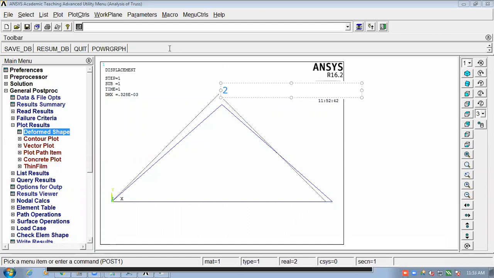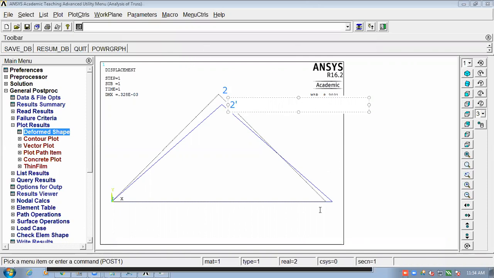Now node 2 got shifted here. Can you see? Node 2 now got shifted here. Is it okay? Yes or no?